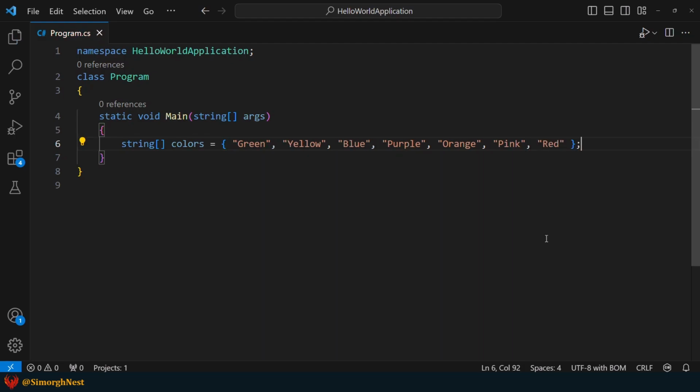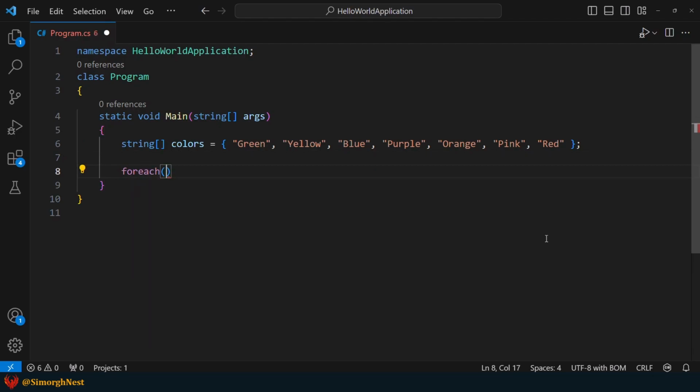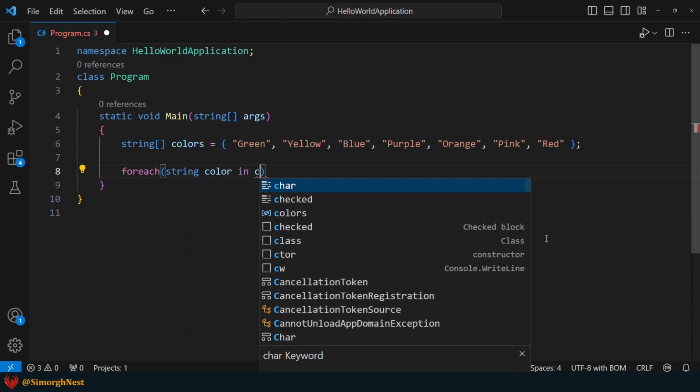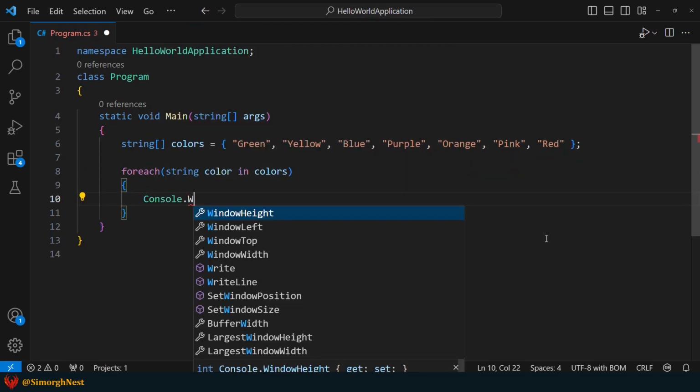Next, we'll utilize the for each loop to iterate over each element in the array. Finally, we'll display each color in the terminal.